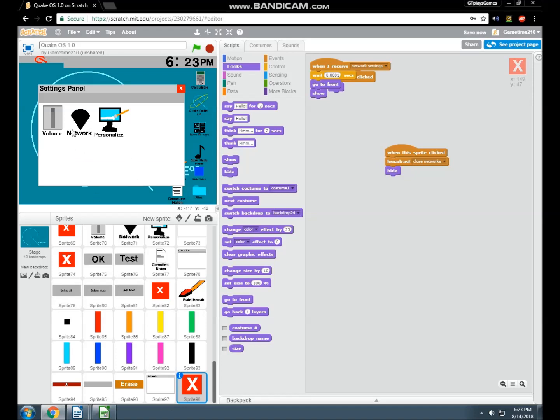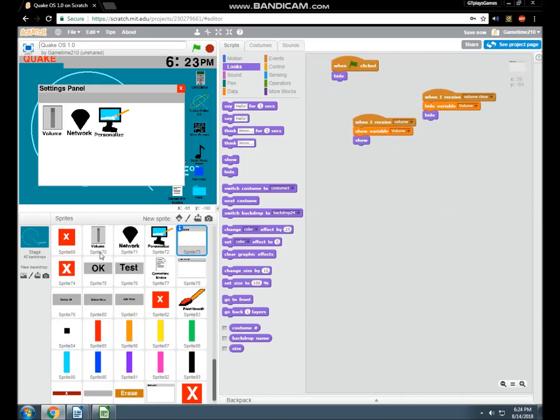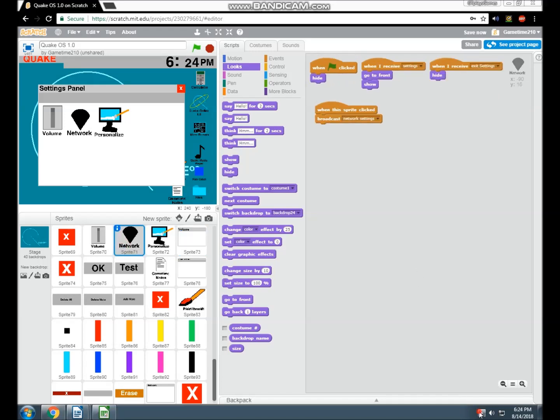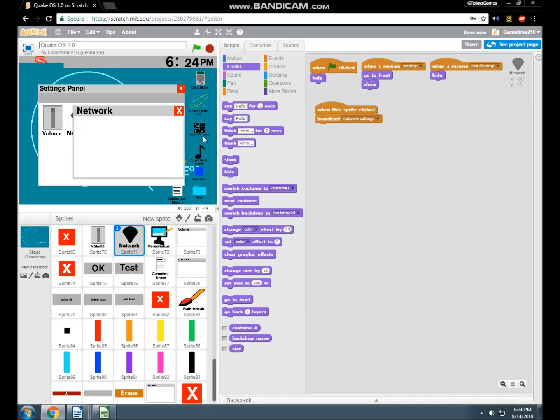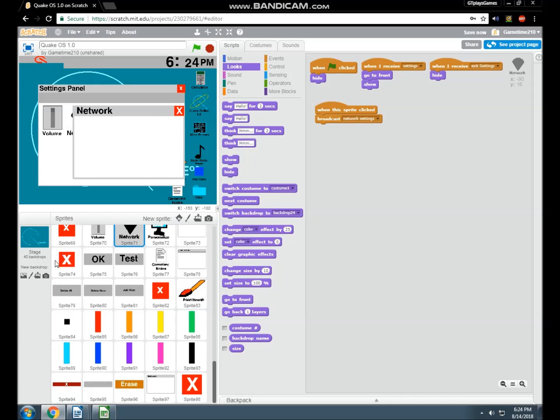So, the next thing I need to do is find a way so that you can actually change the network settings in this settings zone.